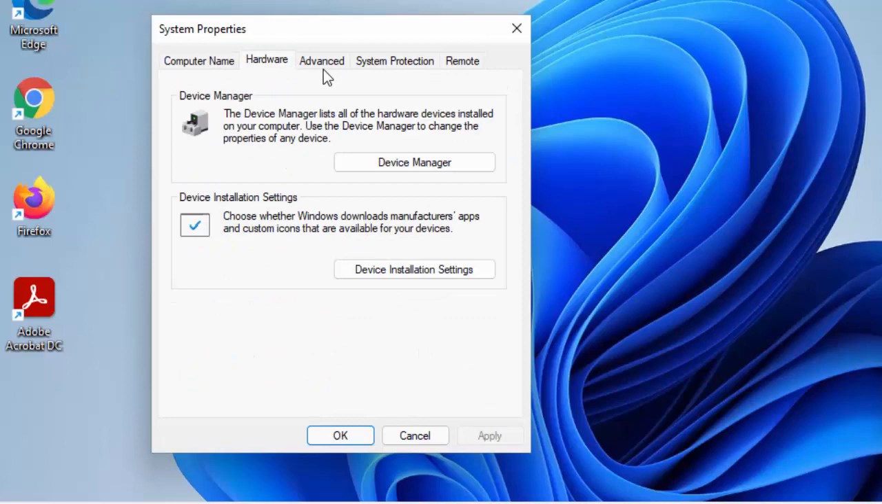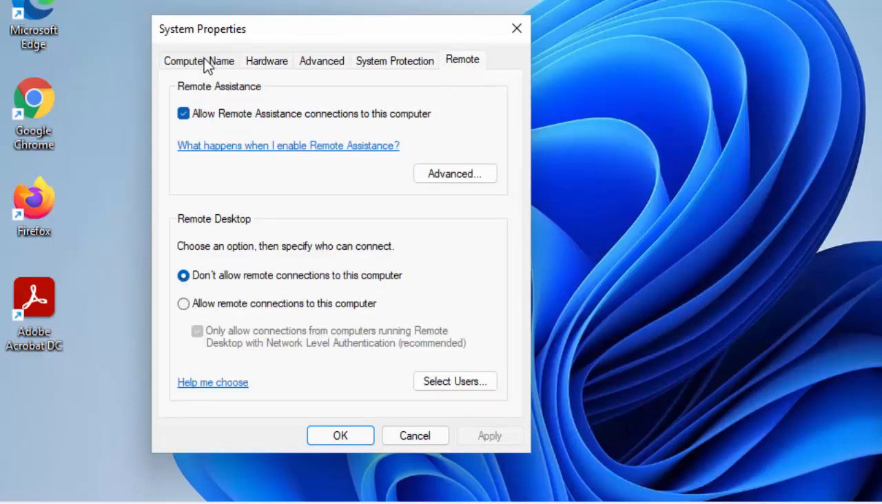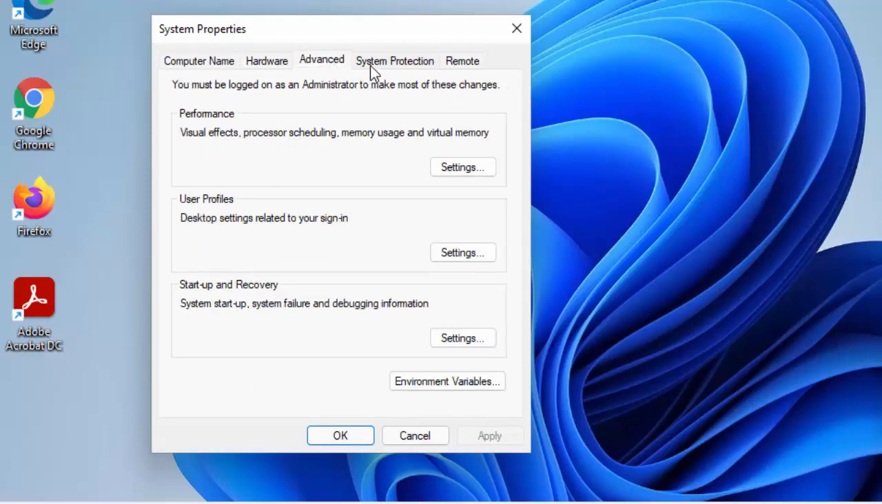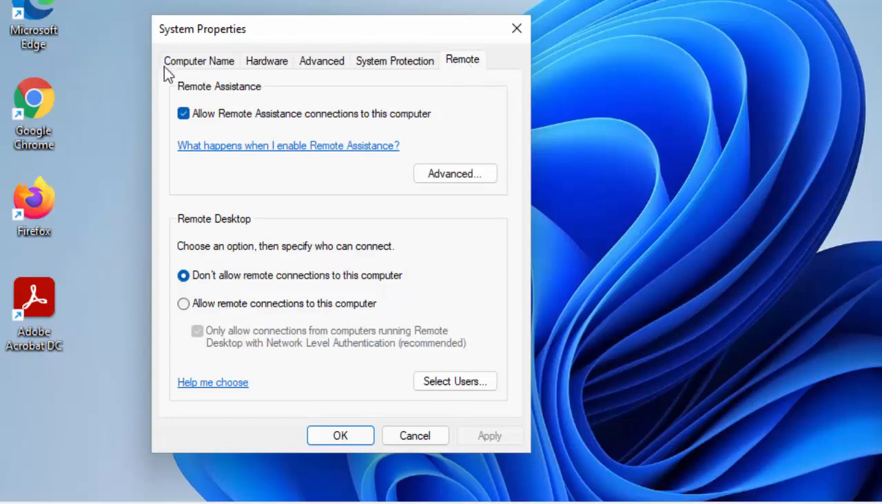So there you go, that guide showed you how to get the classic advanced system settings or properties back on